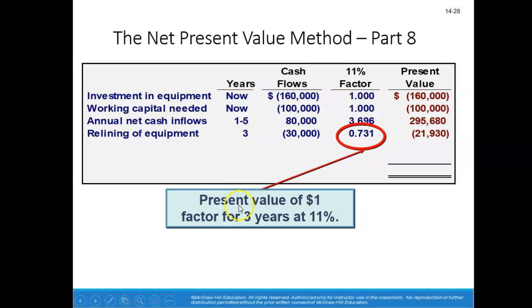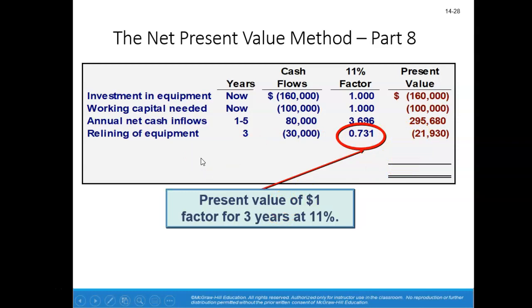from now. So now using your present value of $1 table, which means present value of a single sum, your N equals 3 because we'll spend this money 3 years from now at a rate of 11%. That factor is 0.731. Take your factor times 30,000. That gives an outflow of 21,009. So basically what we're saying, 30,000 spent 3 years from now discounted at 11%, has a present value of